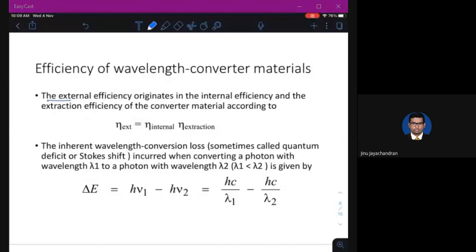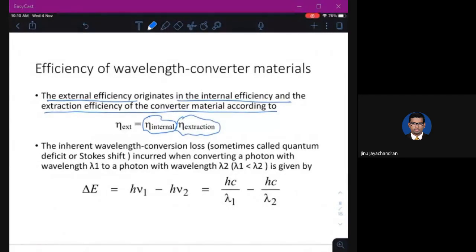The external efficiency originates in the internal efficiency and extraction efficiency of the converter material. This we have already seen. Internal efficiency is how much of the transition from conduction band to valence band creates spontaneous emission, or emission of light.